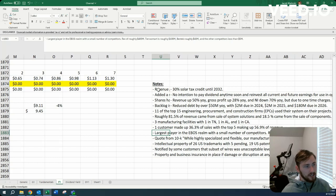TerraSmart is another competitor at 108 million. Bentech roughly 40 million. Then some other competitors very small, under 5 million. So they definitely got a big part of this process. And really, I mean, it makes sense. Like, you have your solar panels and then you have the box. There needs to be a way to convert that energy, or not convert it, but transport it more so. And so the current systems that are in place,